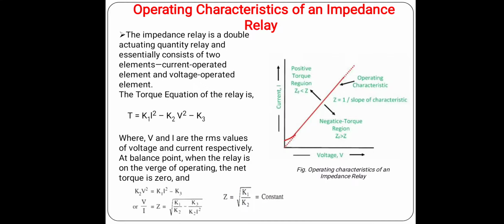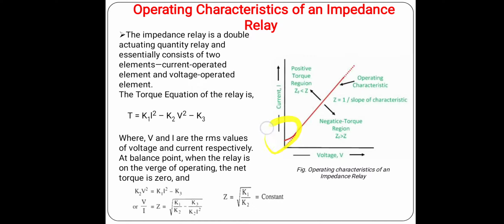Now here we will see that in the curve there is some bending at the lower current values. This is due to the spring constant, where the effect of the control spring is shown as causing a noticeable bend in the characteristics only at the low current end.